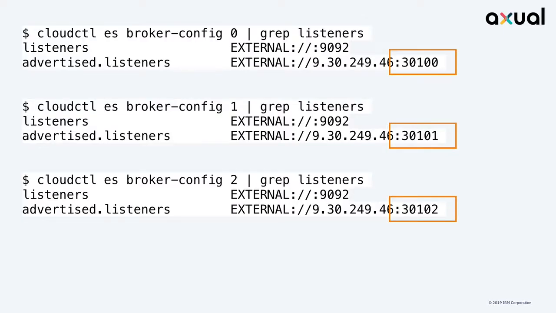If you're wondering about this external piece, there was a KIP that came in where you can define different listeners for different things. So we actually provide internal listeners as well, so that if there's communication within our Kafka cluster, we set it up differently. But for this slide, I didn't include that.